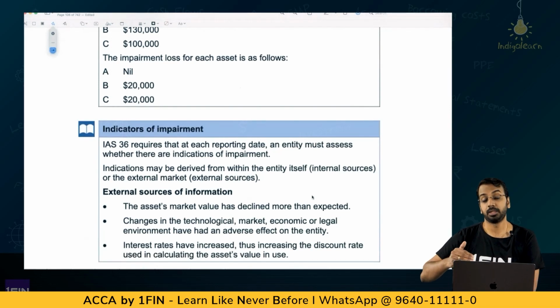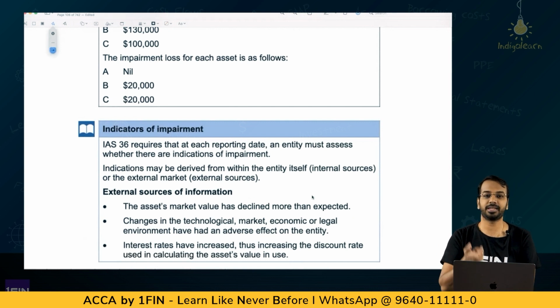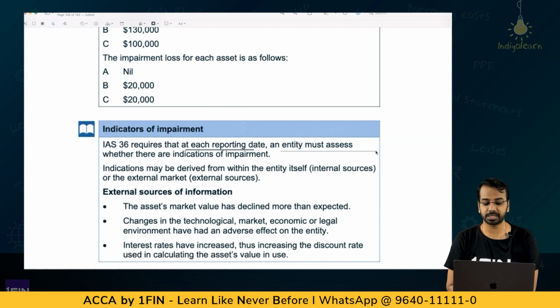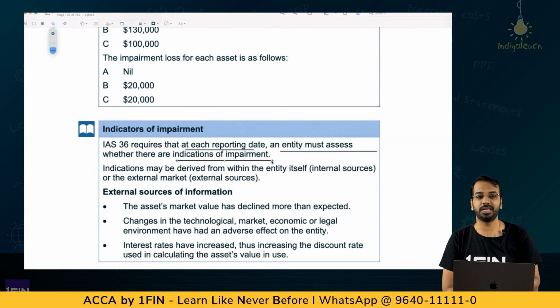Now, when should we test for impairment? That is the next important question. When should management test for an impairment of an asset? What the standard says is, at each reporting date, you must assess whether there are indications of impairment. There is an onus on the management that at every reporting period end,